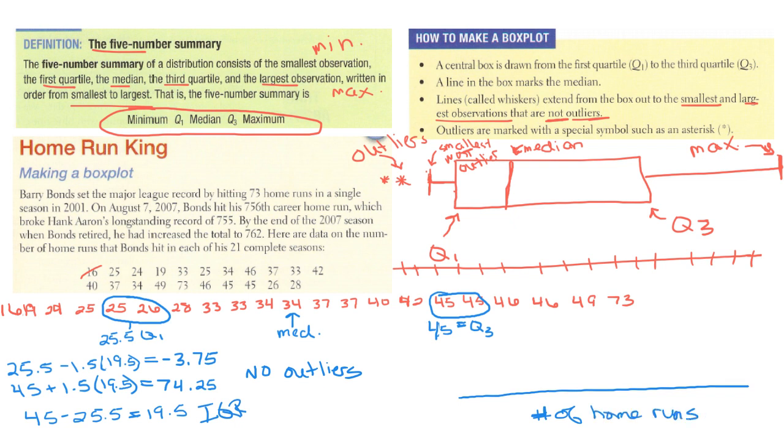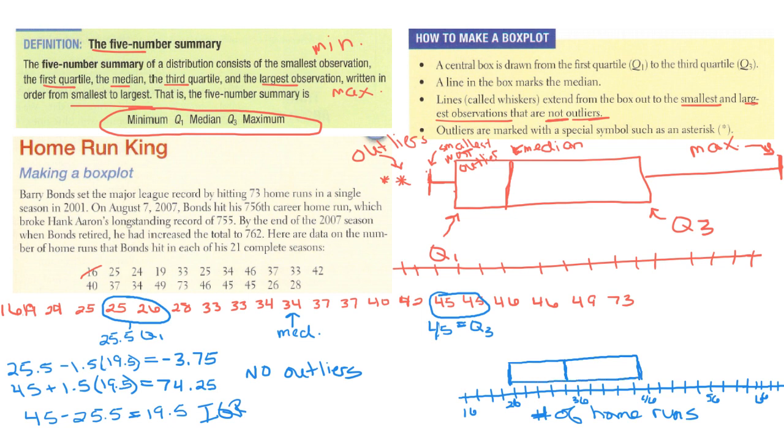So I would set up my appropriate scale here, and then I would go ahead and construct my plot. My Q1 is at 25.5. My median is at 32. My scale here is by twos. My median is at 32 here. My Q3 is at 45. Right, so that makes up my actual box, the edges of my box and the line in the middle of